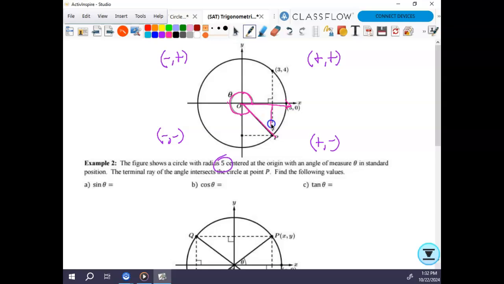But when I create this triangle here, even though I just made a 300-degree rotation, the angle that's made with the x-axis is the angle that I'm actually using, okay? It's always the angle with the x-axis. And so when I rotate around there, if this point is 3, 4, this point is 3, negative 4, because